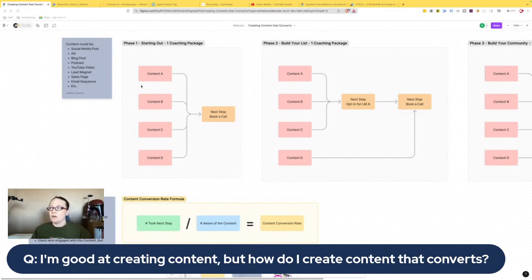Your lead magnet, I mentioned, is a content piece. Your sales pages are content pieces. Even emails, but more specifically the email sequence, because it is that journey of steps. Those are all content assets that you have in your business.